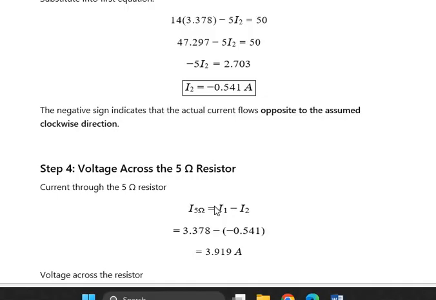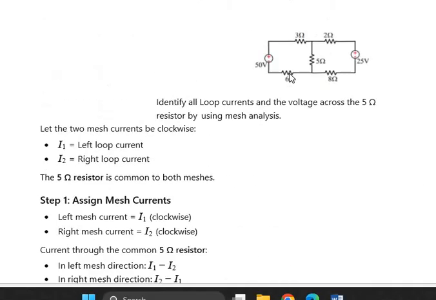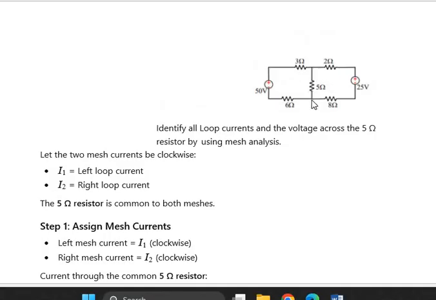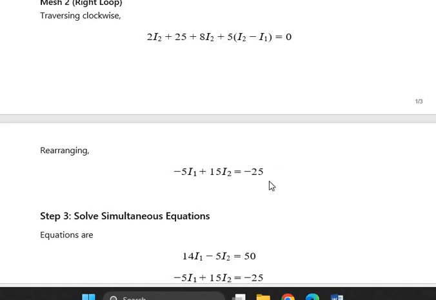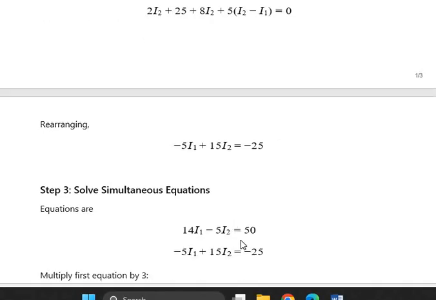Now we have to calculate the voltage across the 5 ohm resistor. If we know the current through the 5 ohm resistor, then multiplying the current by 5 ohm, we will get the voltage across the 5 ohm resistor. Let us find out the current flowing through the 5 ohm resistor. Considering the 5 ohm resistor, two currents are flowing, here I1 and here I2. So the current direction of I2 is opposite to that of I1. So now we are calculating